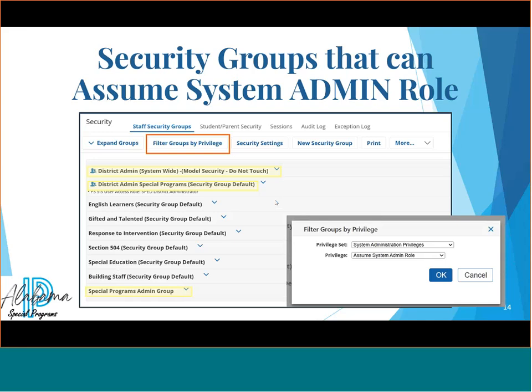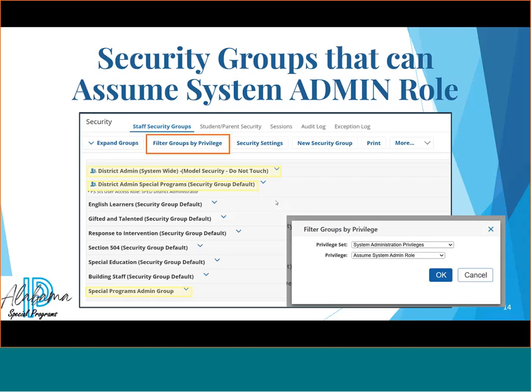But just because they have the right, just because they can, doesn't mean they have to have the password or that they should be. Honestly, you and maybe your tech coordinator, the district special ed coordinator and the tech coordinator probably are the only two people that really need that admin role. Now, I recognize that I worked in a small district, so my circle of who needed that access would be very small, and in a larger district you may need more than one person, but honestly, if you think about what that system admin role means,